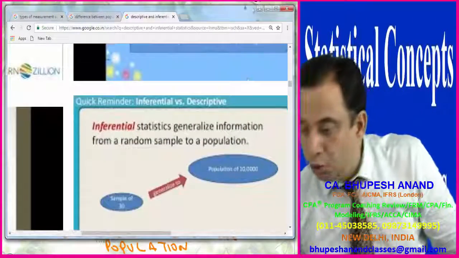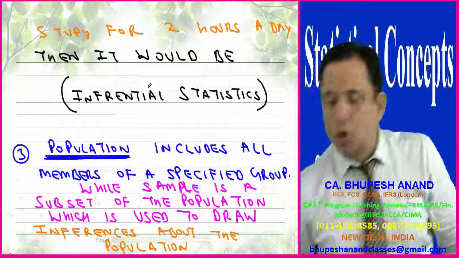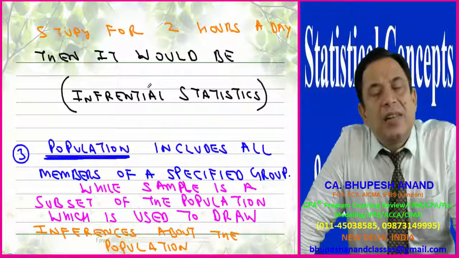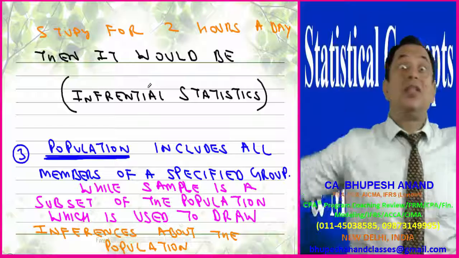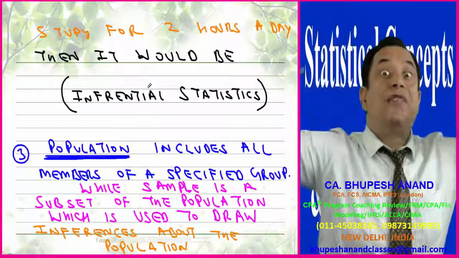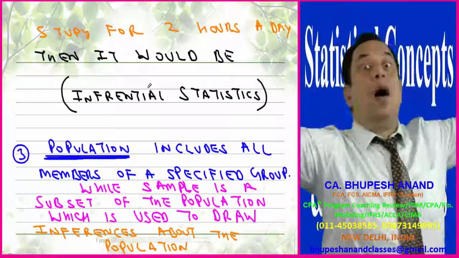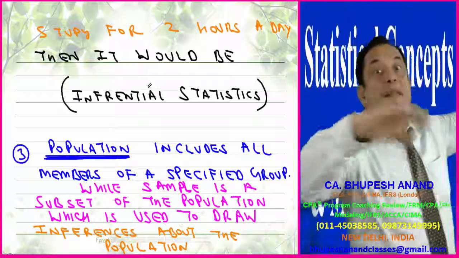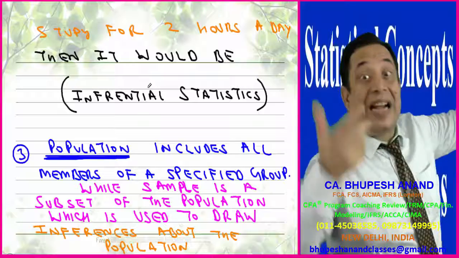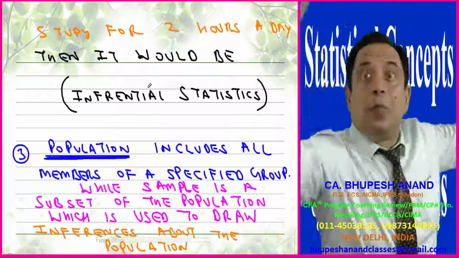So let's move to the next heading which we want to discuss, that is, what is the population and what is the sample. Very simple. I have taken the example of 20 students, that is a sample. When I take all the CFA level 1 students throughout the world, and then calculate the timings of all of them, divided by the number of students, that is a population. It means I am covering a population.